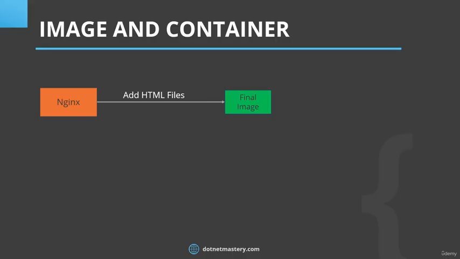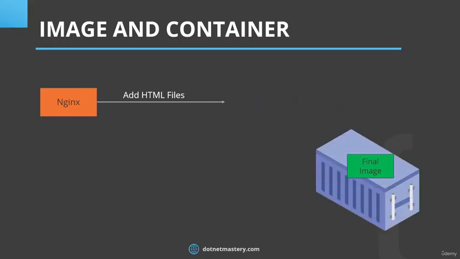We can save that. Now that final image we will deploy to a container, and once it is deployed to a container, that image will be executed and our HTML pages will be visible in a browser. Now again, that is a 10,000 feet overview of a very simple example when we want to deploy some HTML